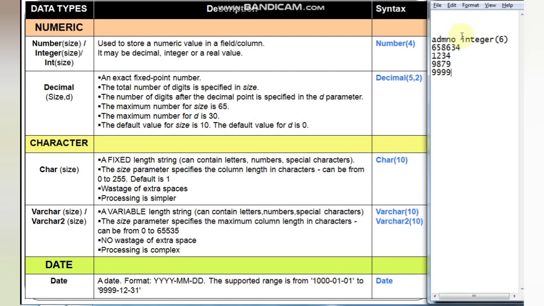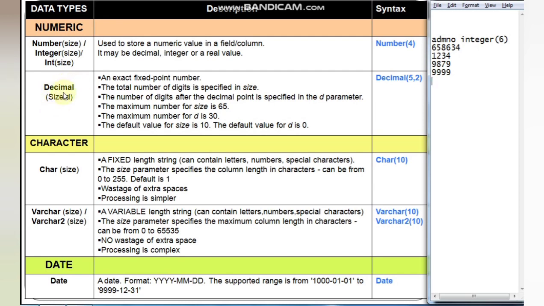Now let us see decimal. Decimal, size, D, an exact fixed point number. The total number of digits is specified in size. The total number of digits after the decimal point is specified in the D parameter. The maximum number for size is 65, and D is the total number of digits after the decimal point, while size will tell you the total number of digits before the decimal point plus after the decimal point.